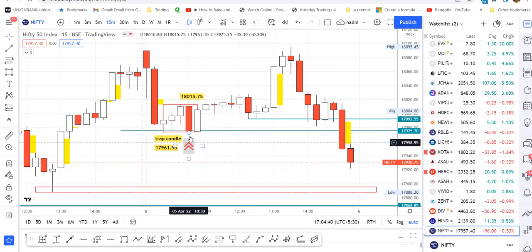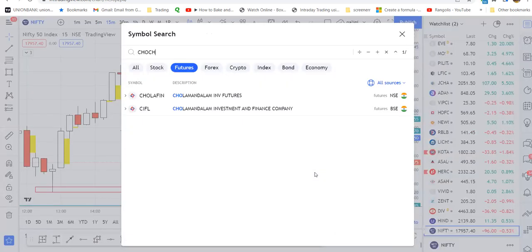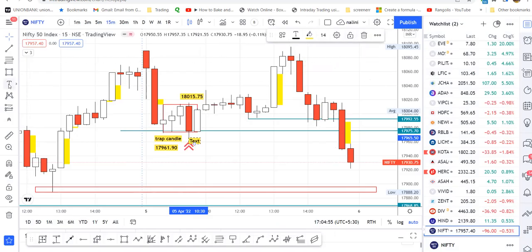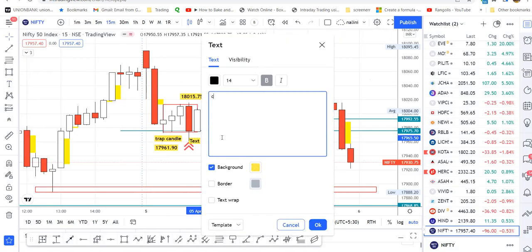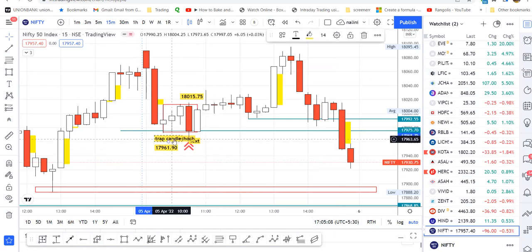So I saw the change in behavior in this candle itself. Change of character, CHOCH, sorry. Change in character of this candle. So immediately you should not take the trade. What happened? The next candle is the green candle, and the follow through candle